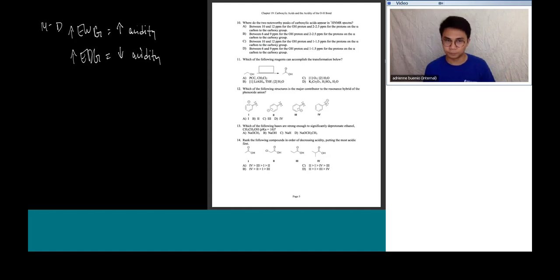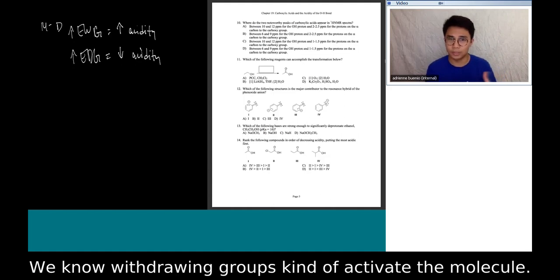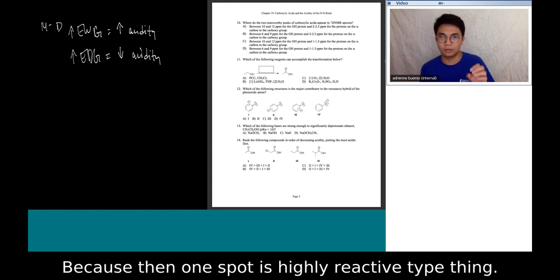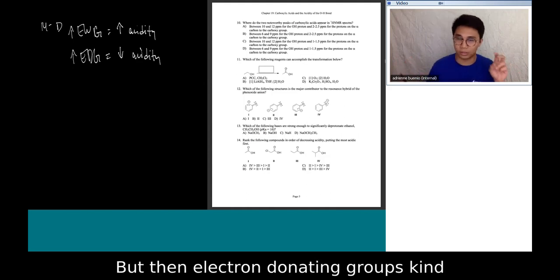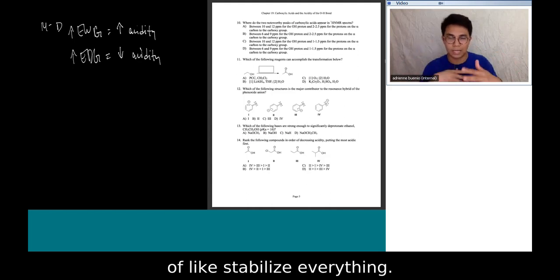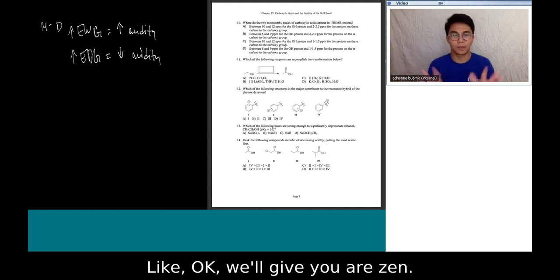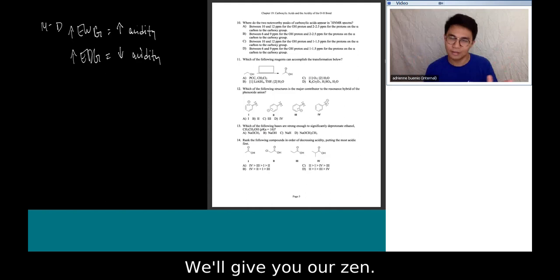because we know withdrawing groups kind of activate the molecule, because then one spot is highly reactive. But electron donating groups kind of stabilize everything. Like, okay, we'll give you our zen, you know what I mean? We'll give you our zen to just chill out, don't react, whatever. So, and then